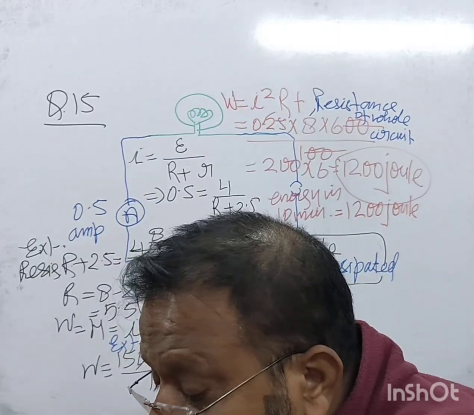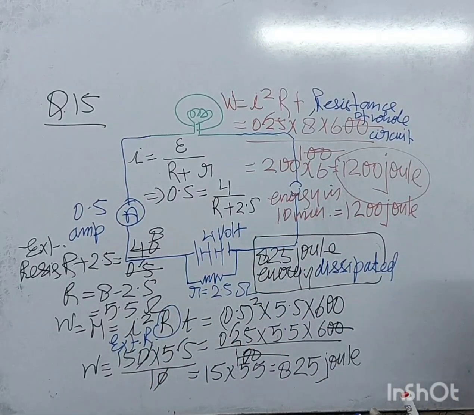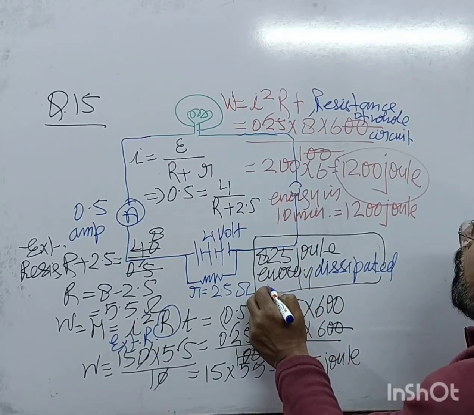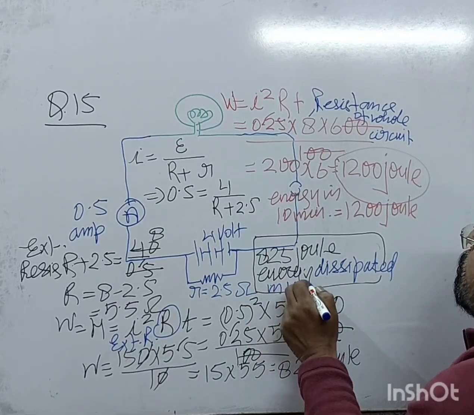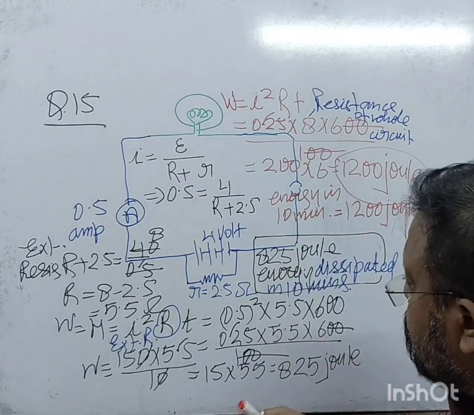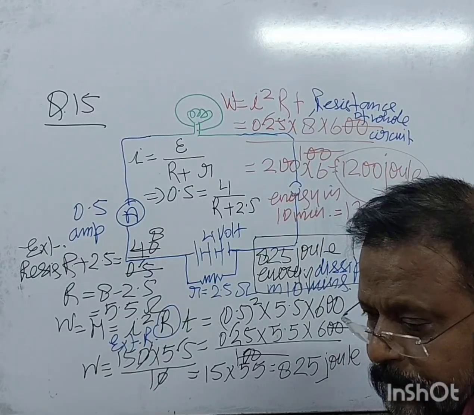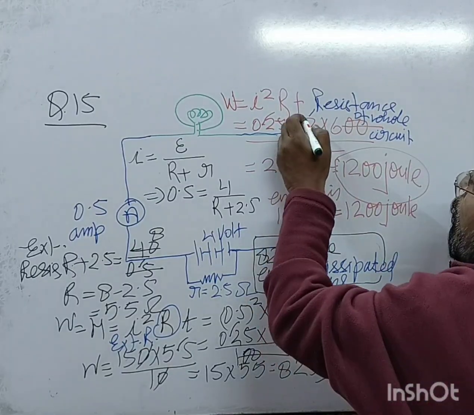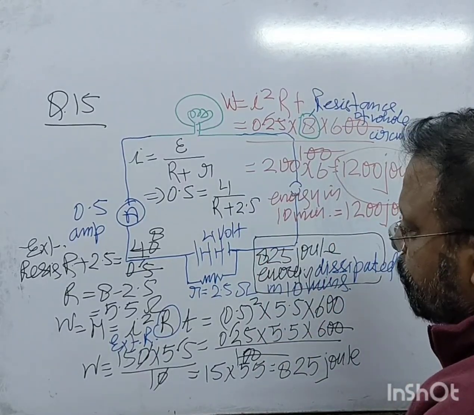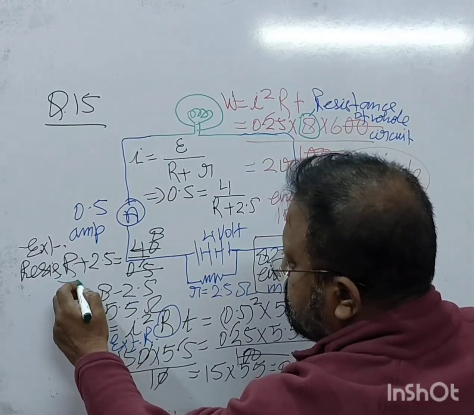Energy dissipated in 10 minutes, that is 825 joule energy dissipated in 10 minutes. 10 minutes में ये dissipate हो गई external resistance है. Here is total resistance, right? This is total resistance we have, and resistance of the bulb is this we have, external resistance,